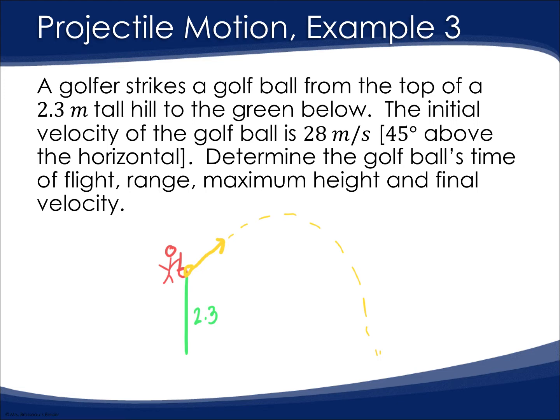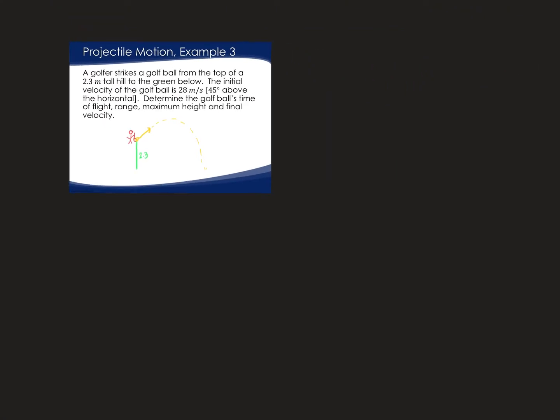Okay, the initial velocity is 28 meters per second. Determine the golf ball's time of flight, range, max height, and final velocity. Okay, so we're going to do our little table here. The first thing we need to do, after we make our columns, that is,